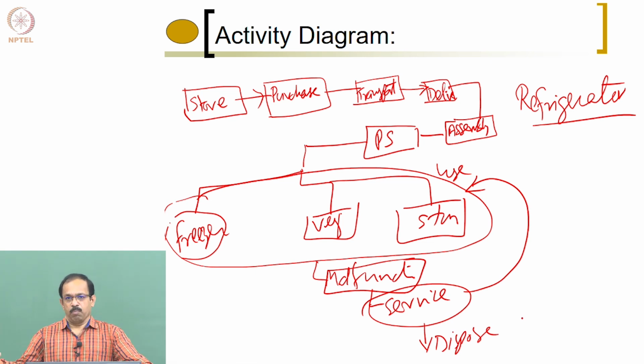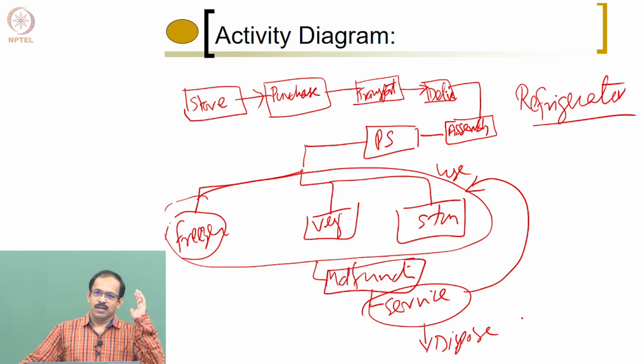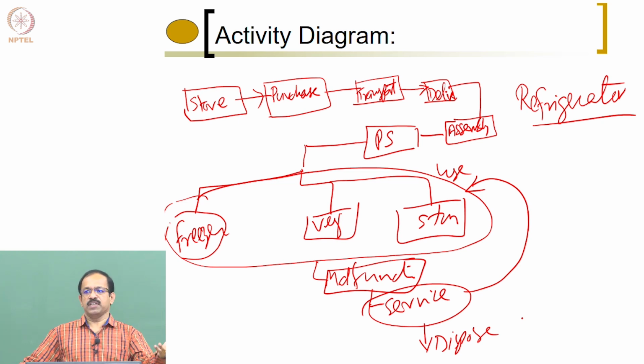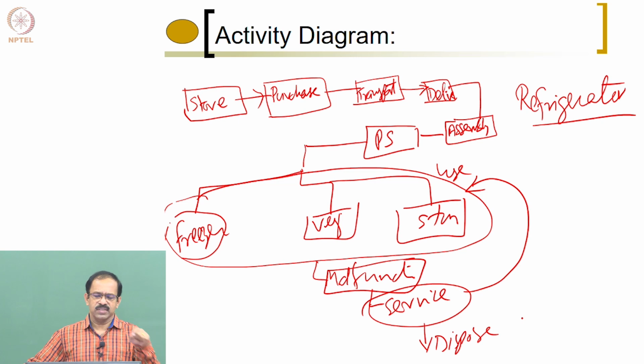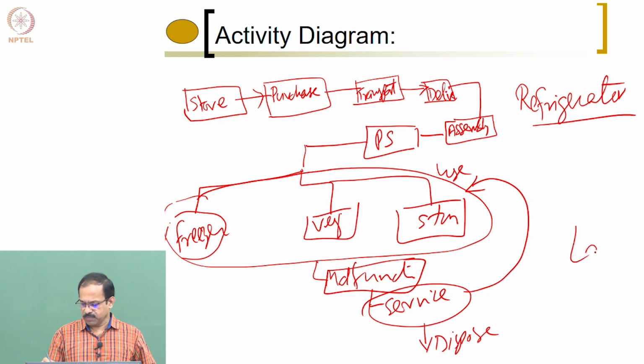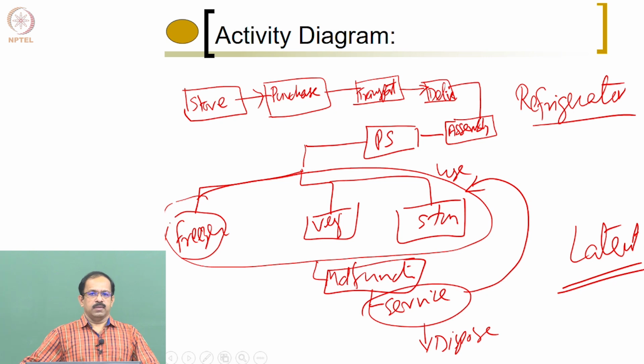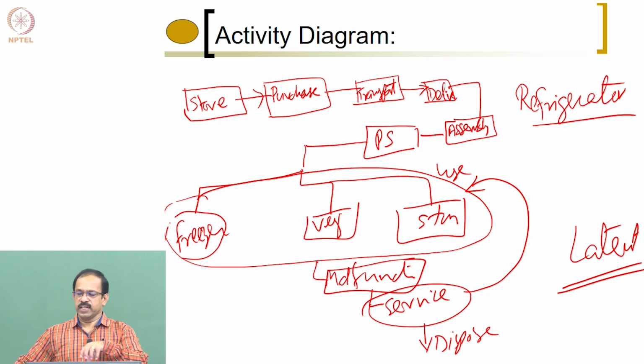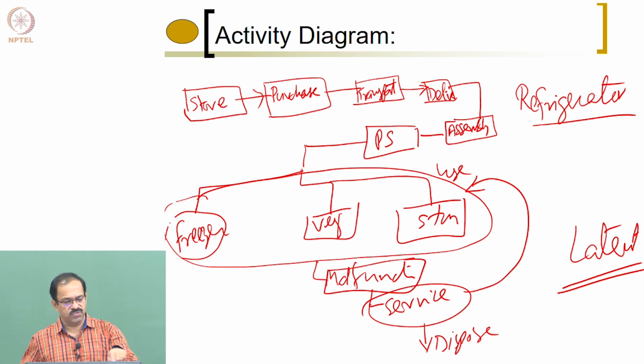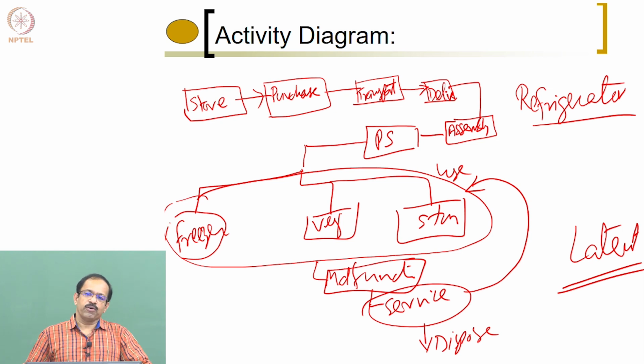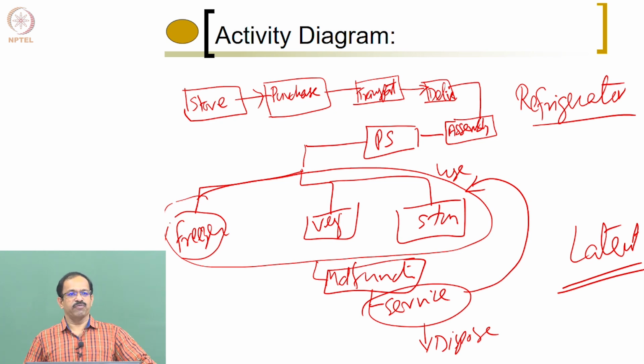So activity diagram is nothing complex. It is basically, you look through the various stages involved in the customer getting associated with the product, and then try to see what is happening at each stage and whether there are any specific requirements you can identify during each one of these stages. Then that becomes your latent needs. The customer is not telling you anything, but you are actually looking at the product life cycle and trying to see what is to be done, right? So what kind of needs can you identify from here?